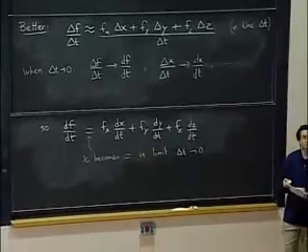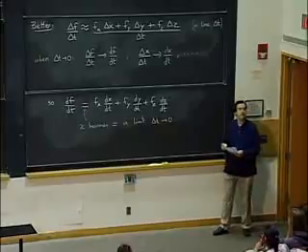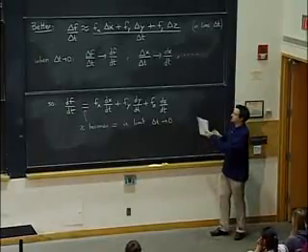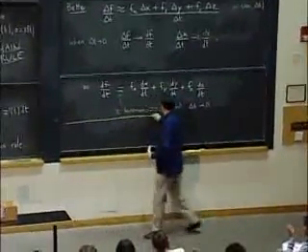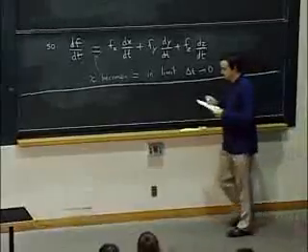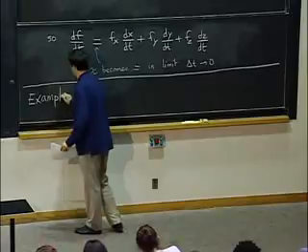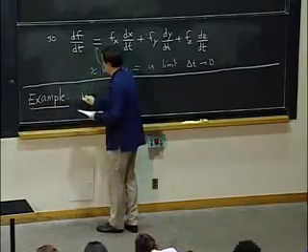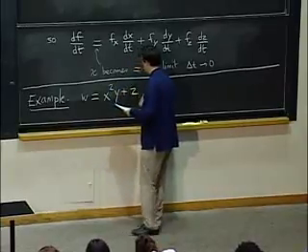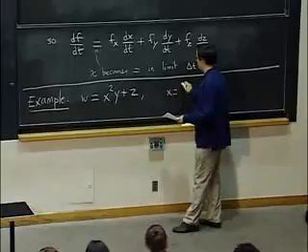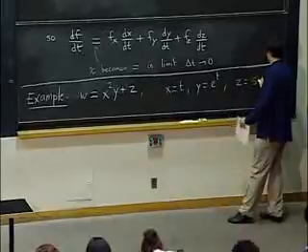Okay, any questions so far? No? Okay, so let's check maybe things on an example. Let's say that we really don't have any faith in these things. And so let's try to do it. Let's say I give you a function that's w equals x squared y plus z. And let's say that maybe x will be t, y will be e to the t, and z will be sine t.